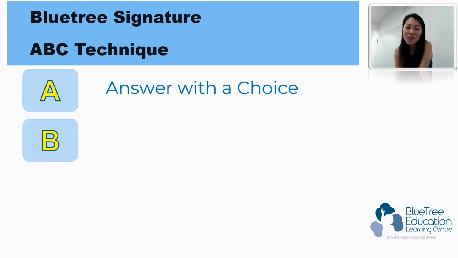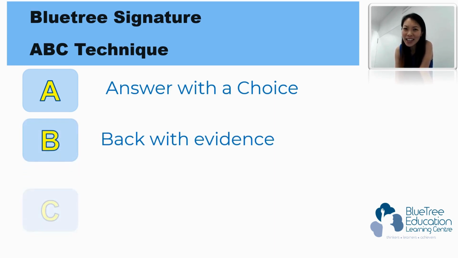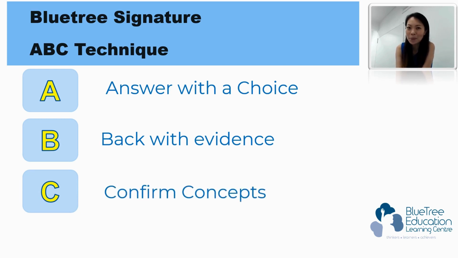And B stands for back with evidence. Normally for back with evidence, you always refer to the question information. And C stands for confirming concept. Now, not every question requires the A.B.C technique. Some questions don't require the full A.B.C technique. Some questions just require A, answering with a choice, and some questions just require a B and a C,